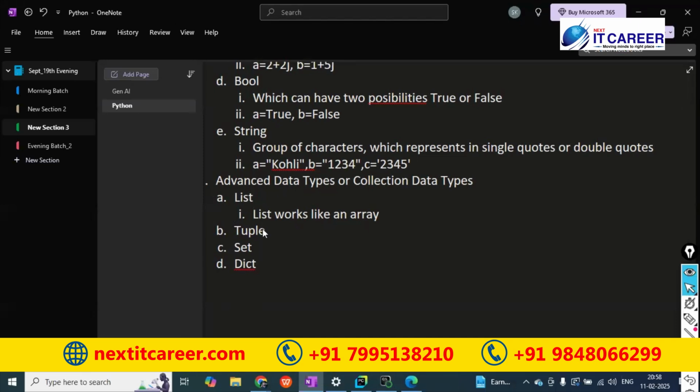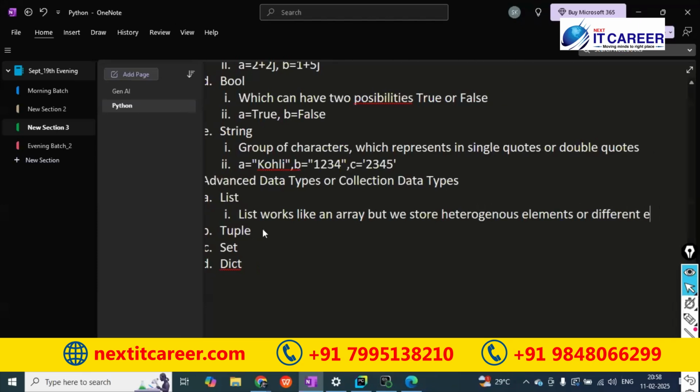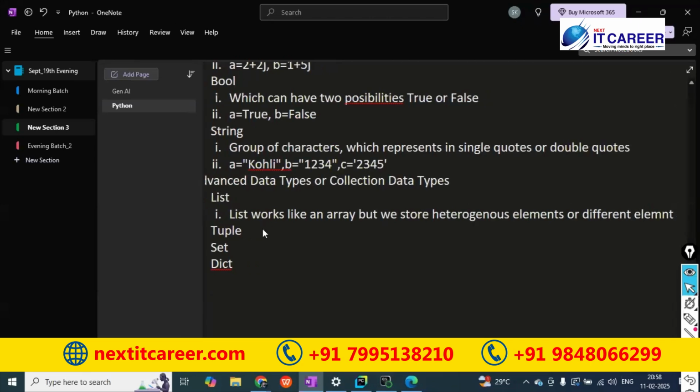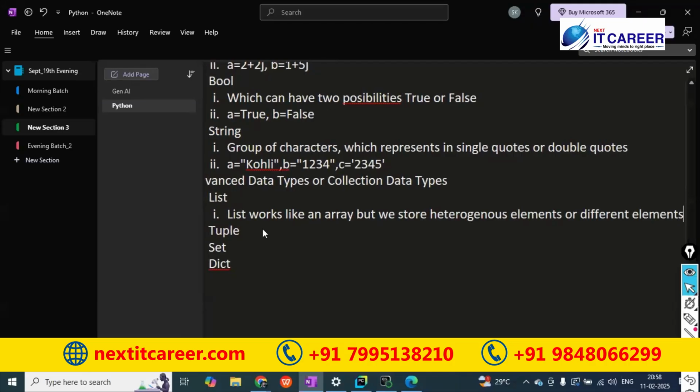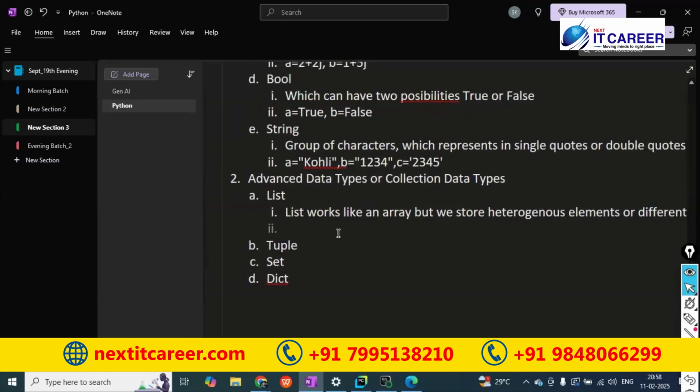List works like an array, but the difference is that we store heterogeneous elements, or different elements. Array is one kind of thing that stores multiple values.